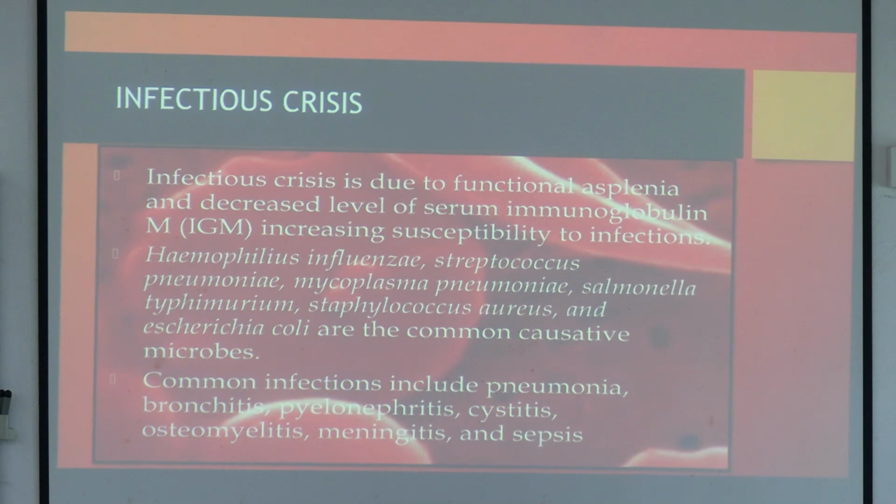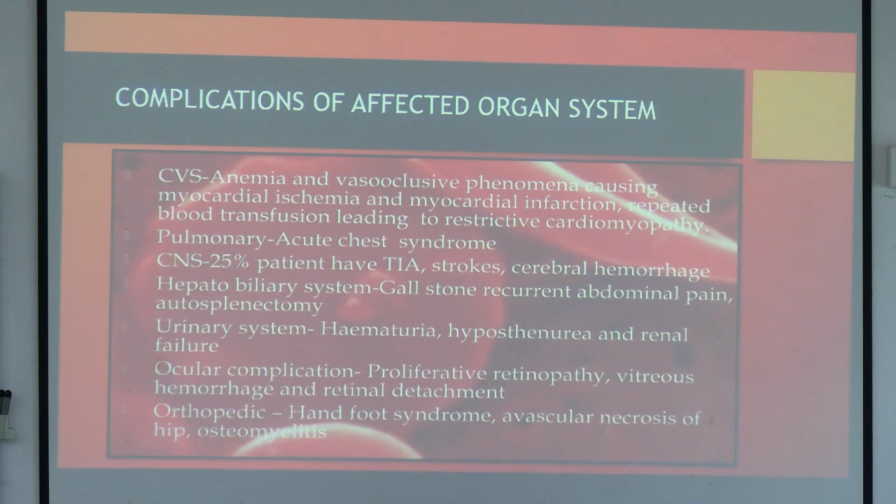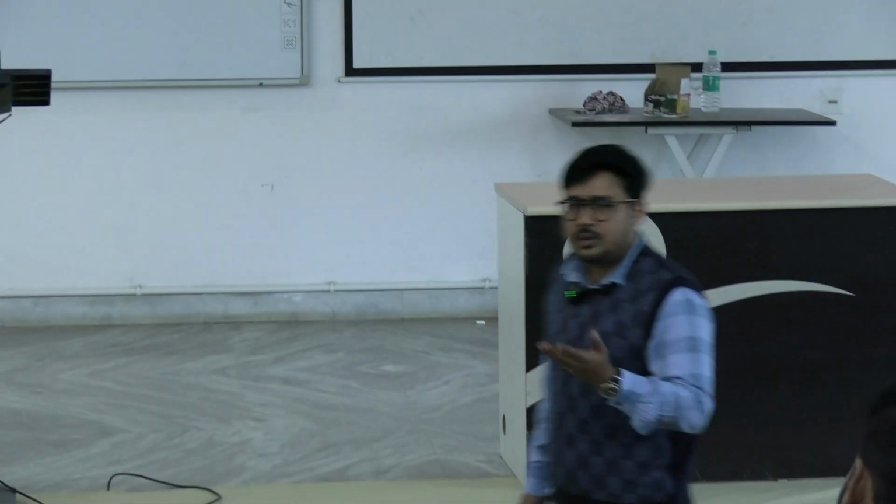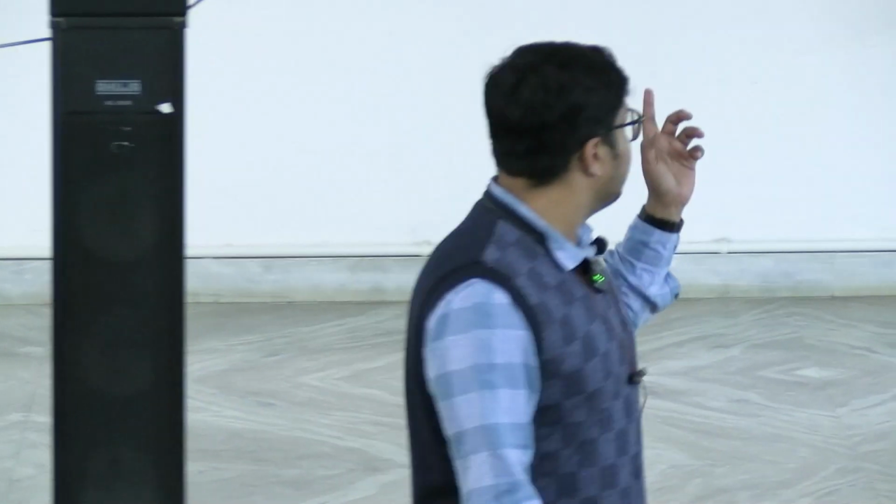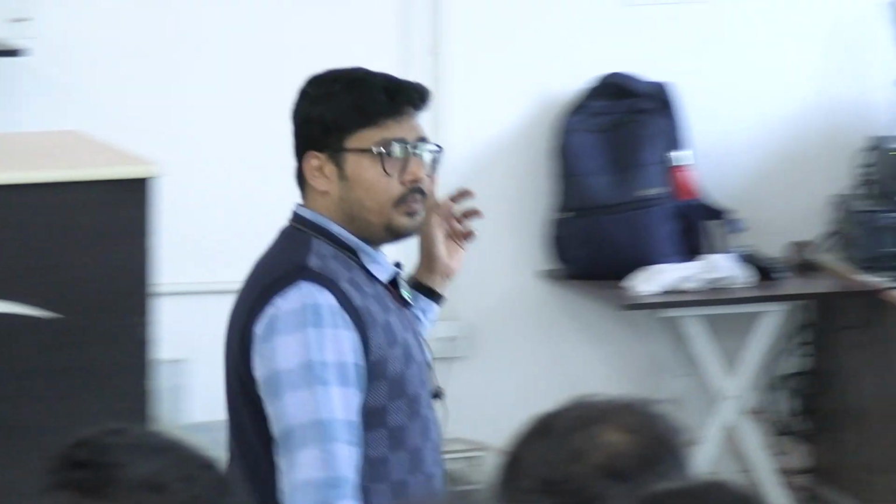PIM, ওকে, ডিউ টু ফাংশনাল অ্যাসপ্রিনিয়া, কমপ্লিকেশন এফেক্টেড অর্গান সিস্টেম। তাহলে বুদ্ধি করে করে বলতে হবে, বই পড়ার কিছু নেই বা চার্ট দেখারও কিছু নেই। সিভিএস এ ইনফেকশন হলে কি কি হবে? সেরিব্রোভাস্কুলার অ্যাক্সিডেন্ট, স্ট্রোক, ট্রানজিয়েন্ট ইসচেমিক অ্যাটাক, এগুলো হবে। পালমোনারিতে কি হবে? অ্যাকিউট চেস্ট সিনড্রোম অর এসিএস, মোস্ট কমন কমপ্লিকেশন অর প্রেজেন্টেশন ইন অ্যাডাল্ট। মোস্ট কমন প্রেজেন্টেশন ইন চিলড্রেন কি বলেছি? হ্যান্ড ফুট সিনড্রোম। আর মোস্ট কমন প্রেজেন্টেশন ইন অ্যাডাল্ট অ্যাকিউট চেস্ট সিনড্রোম।